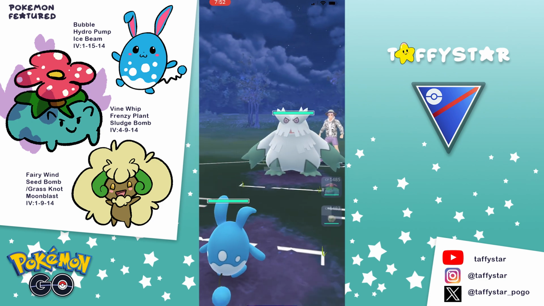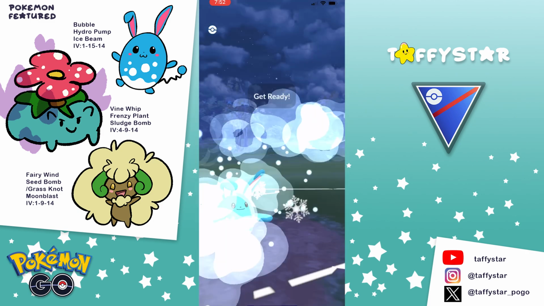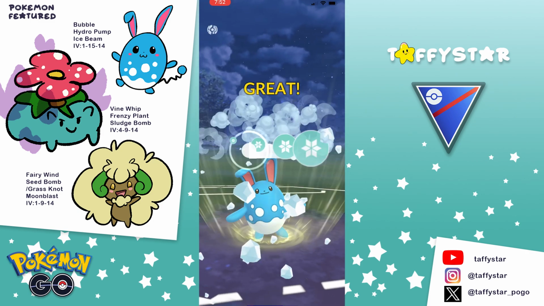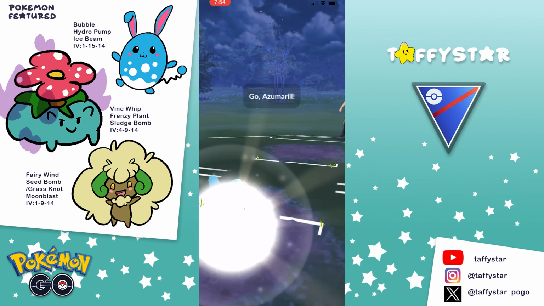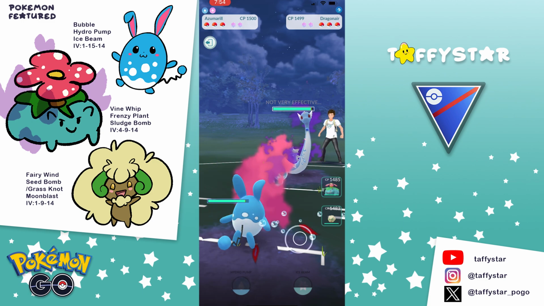About this next match, we see the Core Breaker, and, well, it destroys my whole team. We don't have to watch that. Moving on. In the next match, we are going to see a really nice lead of Shadow Dragonair against our